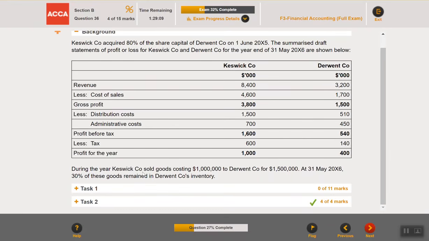During the year, Casway Co. sold goods costing 1 million to Derwent Co. for 1,500. So cost 1 million and sales 1,500. It means 500,000 is the profit. At 31st May 2016, 30% of these goods remained in Derwent Co.'s inventory. So if we take